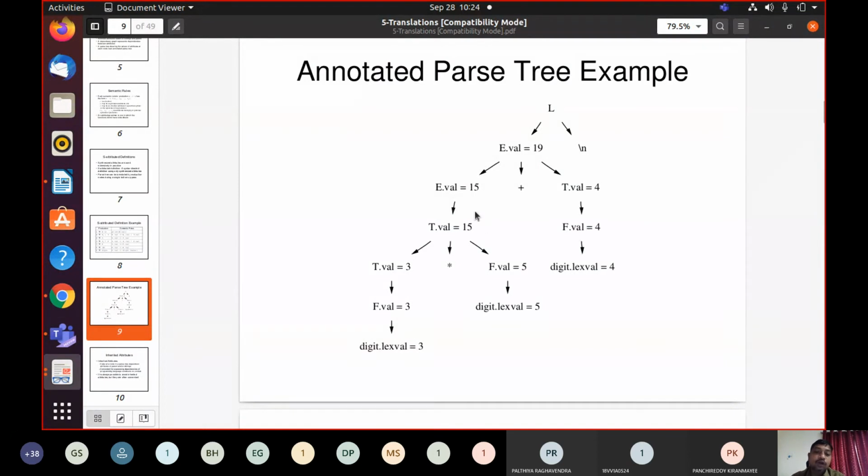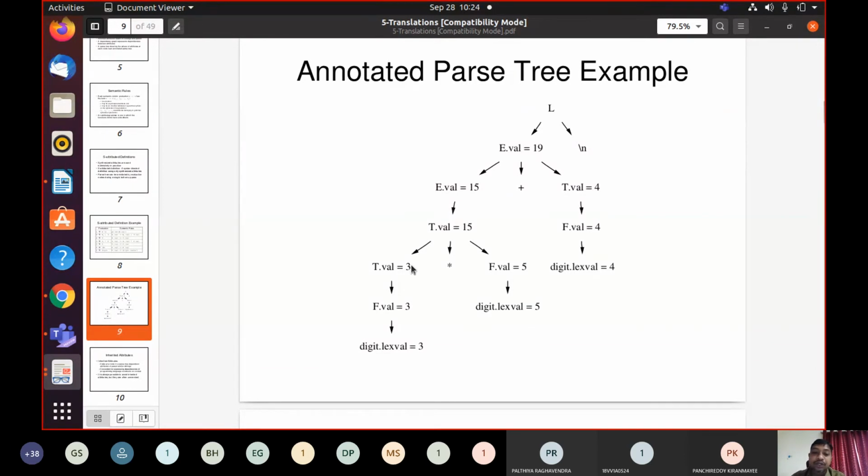Any valid topological sort of the dependency graph will give you the order of the semantic rules, the evaluation order of the semantic rules. Topological sort is something like, if you want to compute t.val at this intermediate node, first you can compute f.val, or you can compute t1.val, in either order.